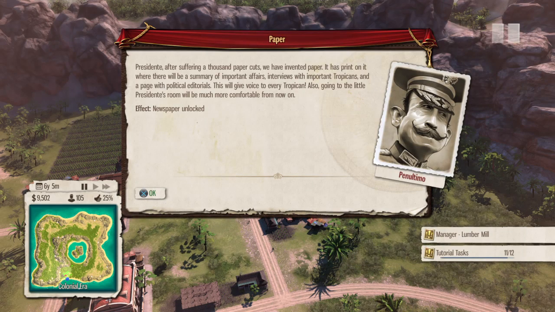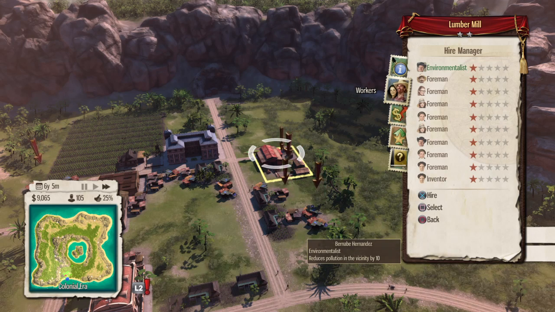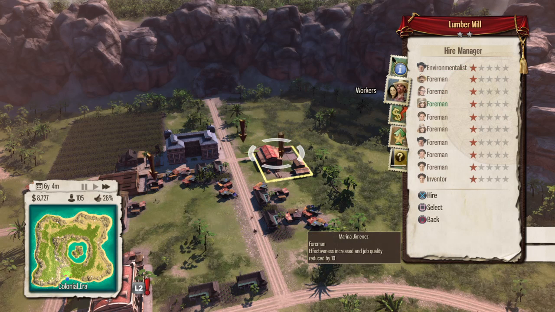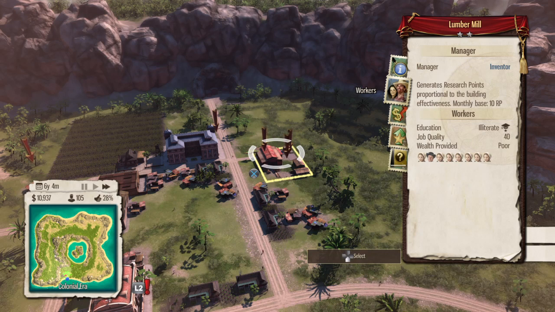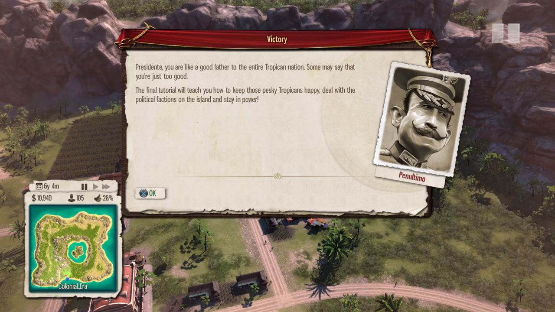Presidente, after suffering 1,000 paper cuts, we have invented paper. It has print on it where there will be a summary of important affairs. Presidente, you are like a good father to the entire Tropican nation. Some may say that you are just too...